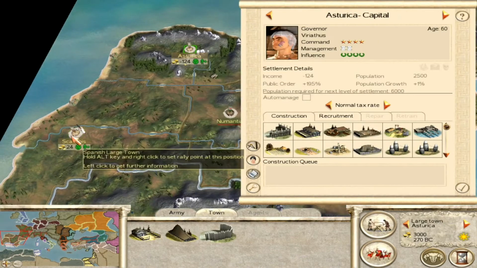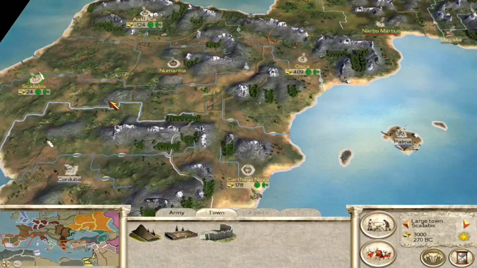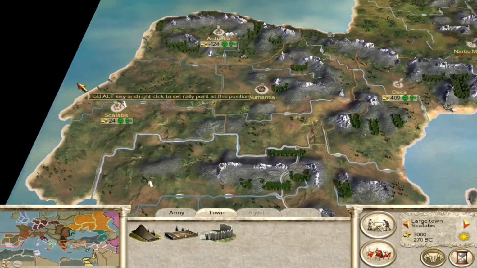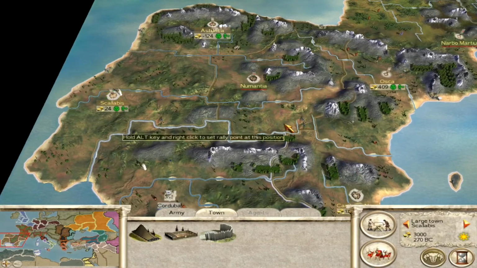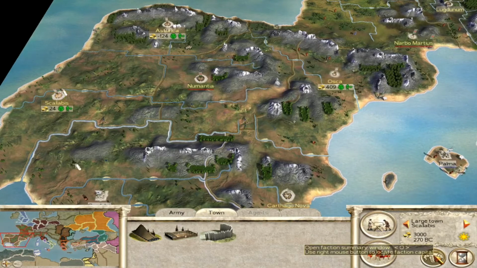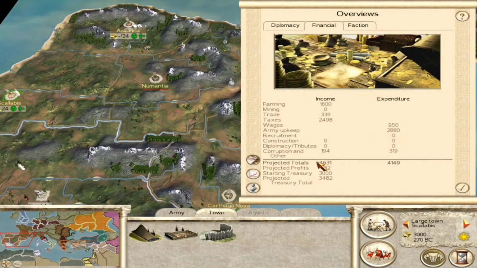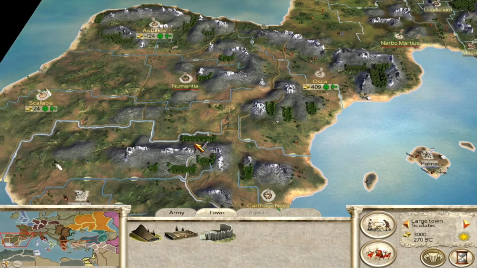And Asturica and Scalabis can build a port right off the gate, which is also very nice. So that means that early game you will be able to get 3 mines, 2 ports, and boost your economy like that, which you will need because you start with 3,000 denarii, and on normal tax rate you're only going to be making 482 denarii per turn. If you put it on very high on all cities, you're going to be making about 1,400 denarii per turn,